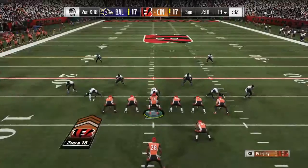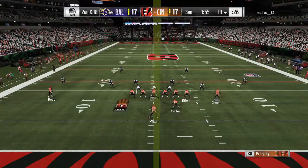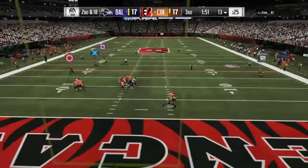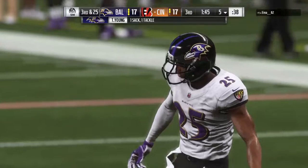Sometimes I watch games and wonder why they use play fakes on certain passing situations because it's not going to fool anyone. I don't know if that was the case here, but the end result was the same. No one fooled. Quarterback was hit. Eluding the pressure right. And he's going to go down again. So, Brandon, we've sat